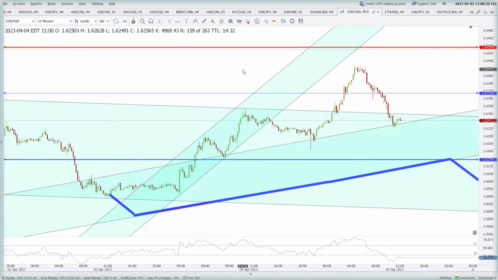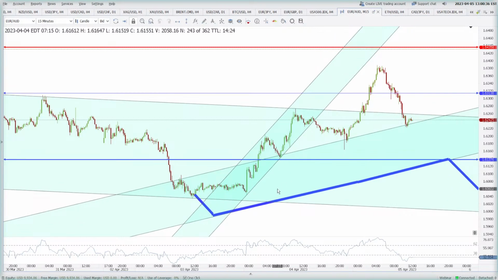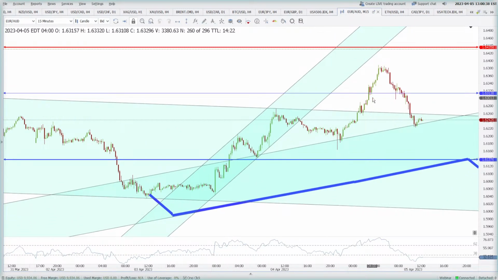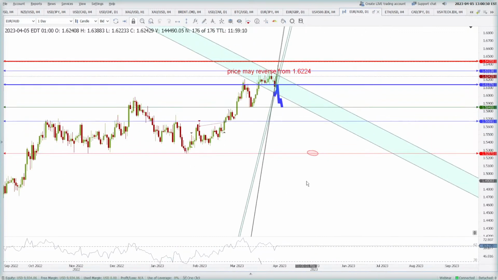Euro against the Australian dollar. This is right now at the 15 minutes time frame because I was trying to trade this market today. Will you believe if I say that I bought it around 6338 here, and then traded to like 6380 or something? Okay, leave it, forget it. I traded it.